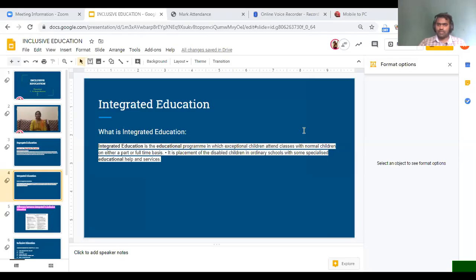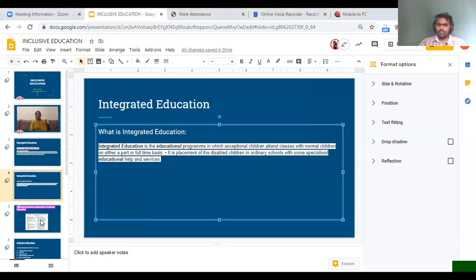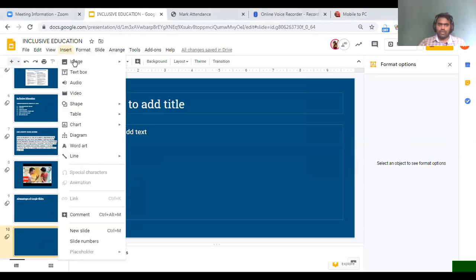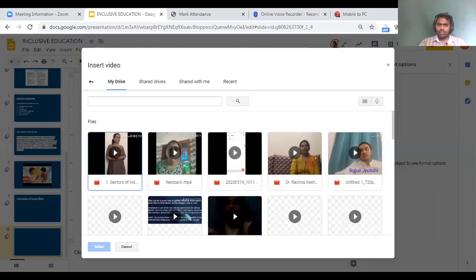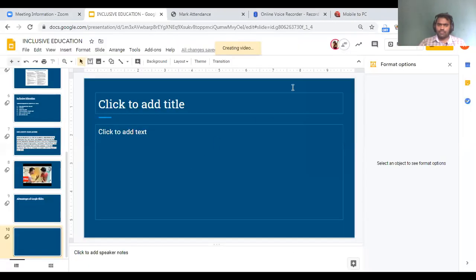Yes, sir. Sir, in connection with the video, we can see the format options. Within that format option, we can see a drop shadow option. What is it? In the format options of video, which we inserted, we can see a drop shadow option.